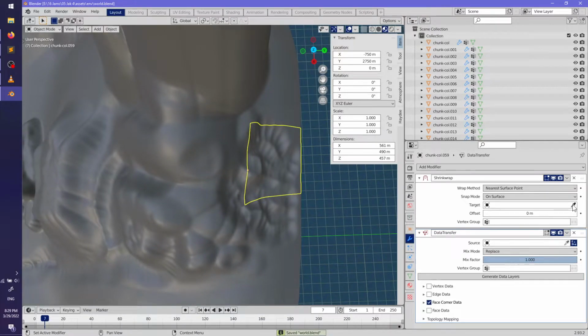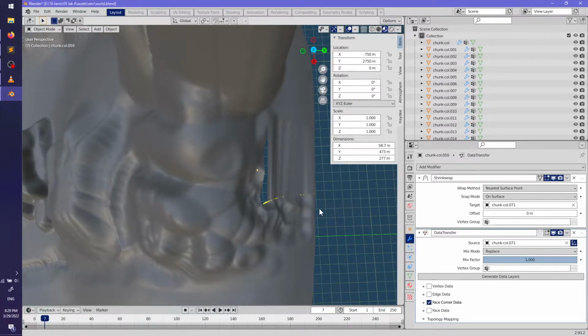I'm not even halfway there. I mean, I guess I'm getting close to halfway there.